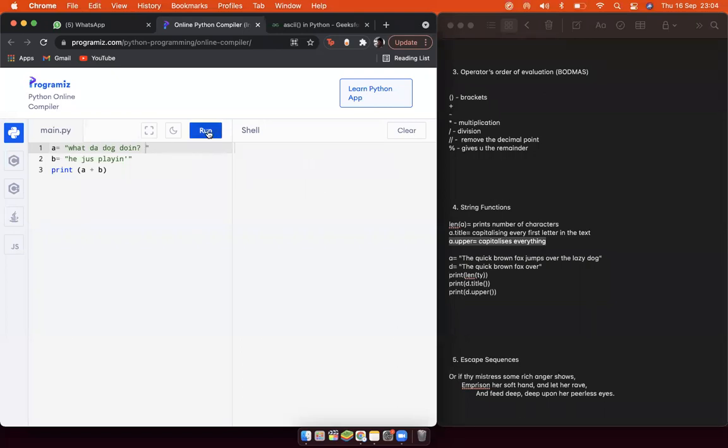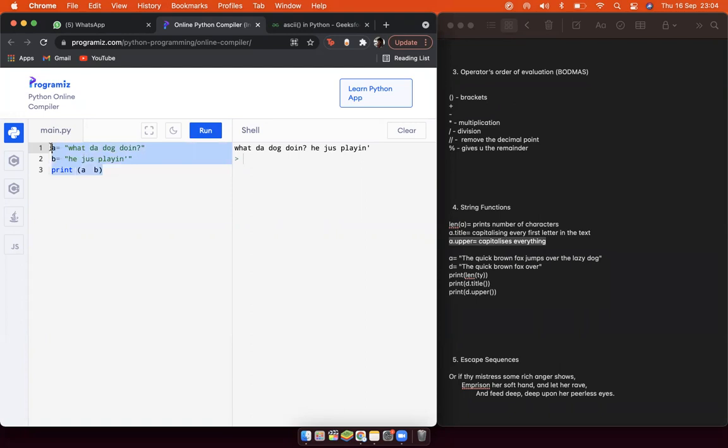That's the space over there. You just remove the plus and add a comma. Let me check that. Oh yeah, that works as well.